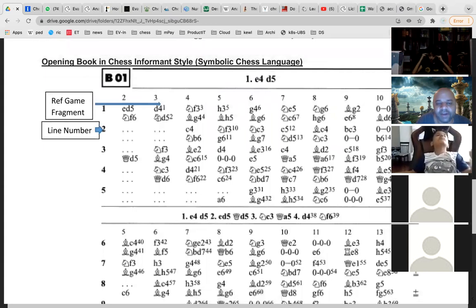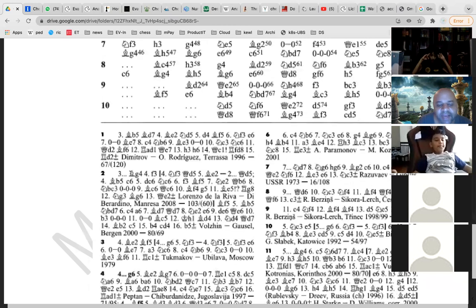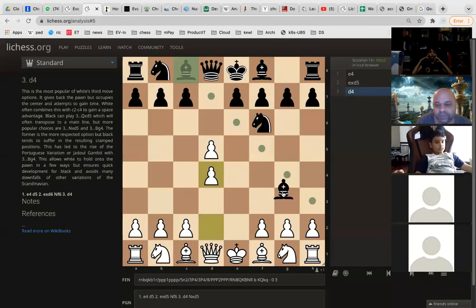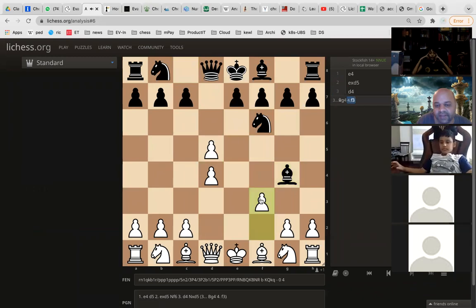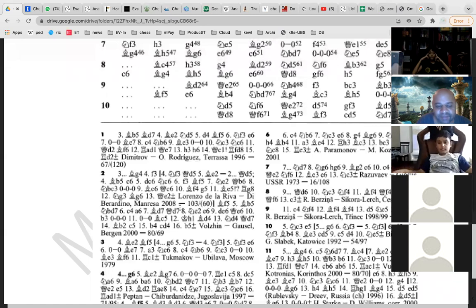And second footnote, let us take it. D4, in the line they are showing, black plays knight to D5 here. But if there is an alternative, some game has happened where instead of black playing knight to D5, he has played bishop to G4. See here, then F3. So instead of here, he has played bishop to G4 and then F3. And then what happened? So they have given here. Okay, and within that there are brackets. So sometimes 1 game, 2 games, 3 games also they will refer to here.